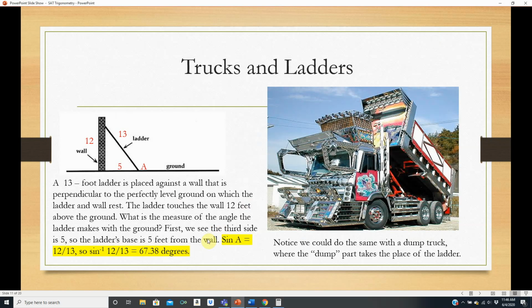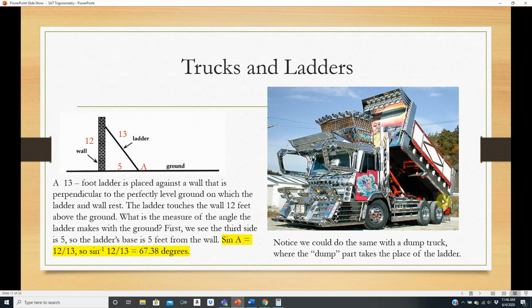It's 67.38 degrees. Now you're probably wondering, what's this flashy dump truck doing here? This is really all chromed out and everything. This must be one of those show trucks. I don't think I'd want to use this as my dump truck. It's too pretty. But anyway, you can see they could give you the same problem with a dump truck where